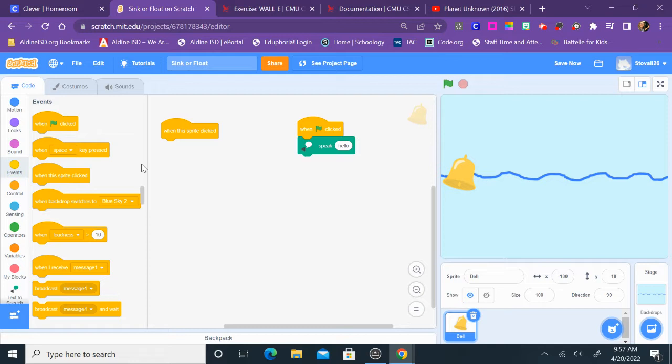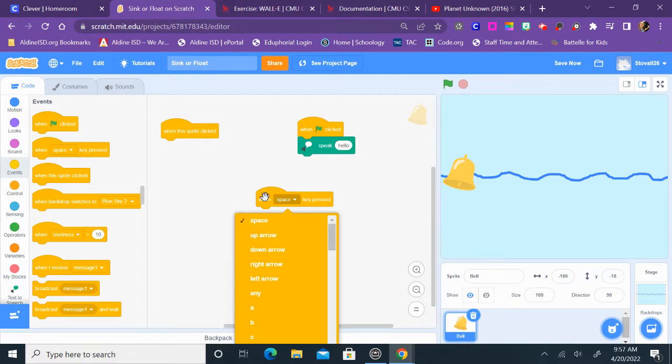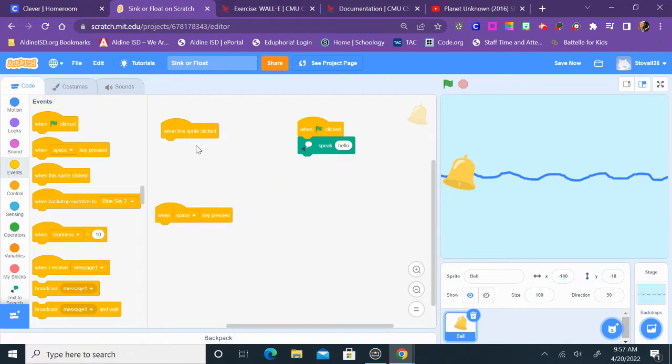Red key? Which one? Red key button? The red key, this one, oh, this button here, press key. Yeah, I'm sorry, I thought you said red key. So it could be the space bar or something else. So think about that. You need an event block